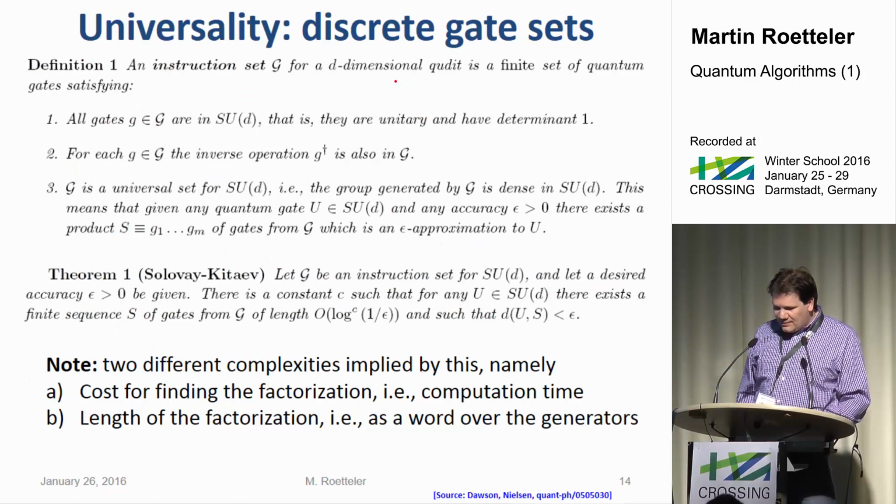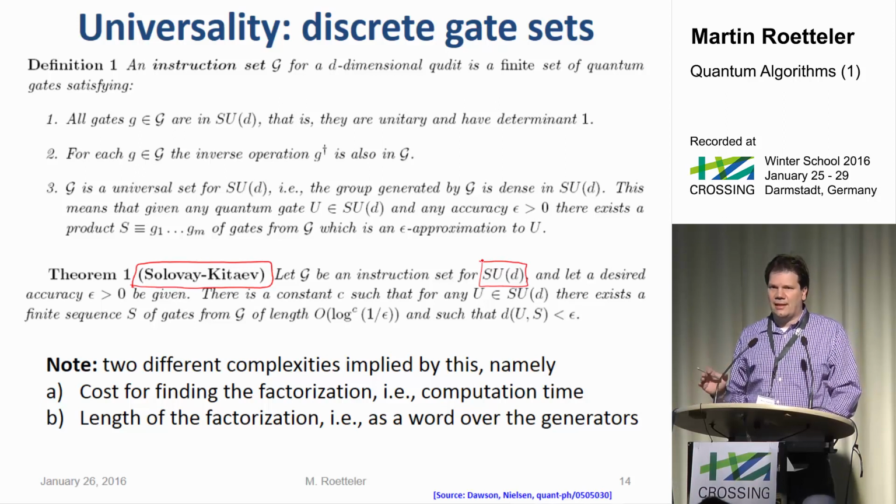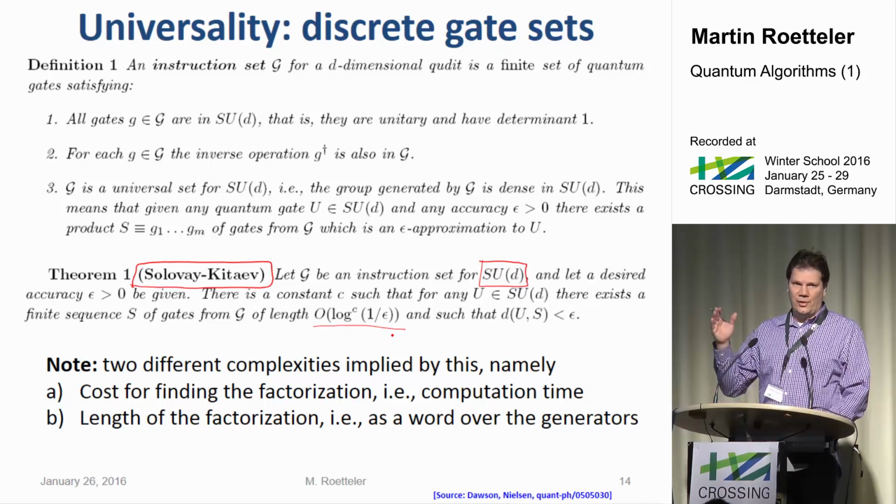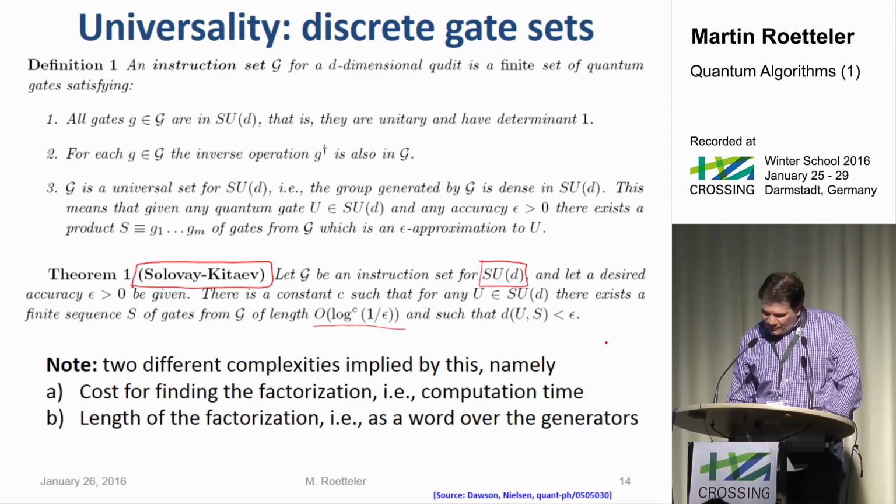Okay, so how does approximate universality work? There's a beautiful theorem due to Bob Solovay and Alexei Kitaev. They showed that if you have a discrete gate set and you've got a fixed dimension, take a unitary in that fixed dimension. SU means that the determinant is 1. That's just a technical thing, really. You might as well think of U(N) here, the full unitary group. Then you can always find approximating sequences that are short, meaning that for your given epsilon, you find a sequence of length polynomial in the logarithm of 1 over epsilon, that epsilon-approximates it. And that C is roughly 4.